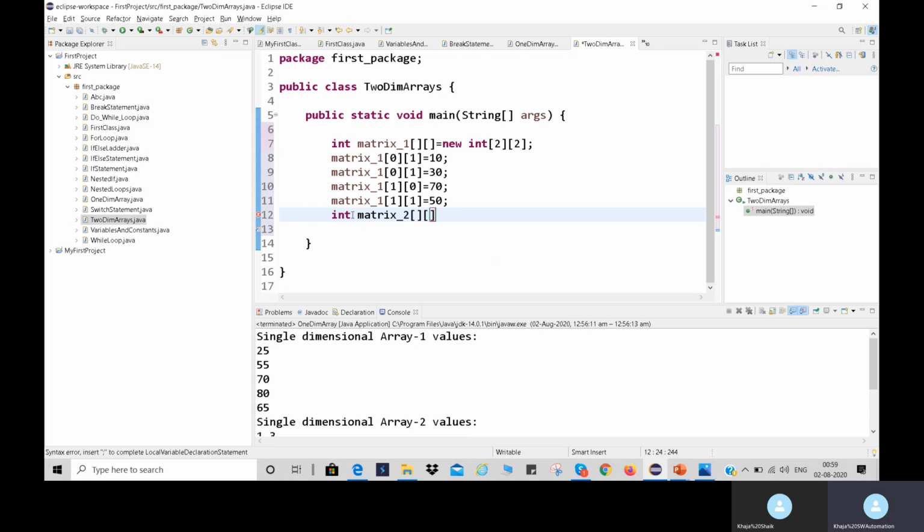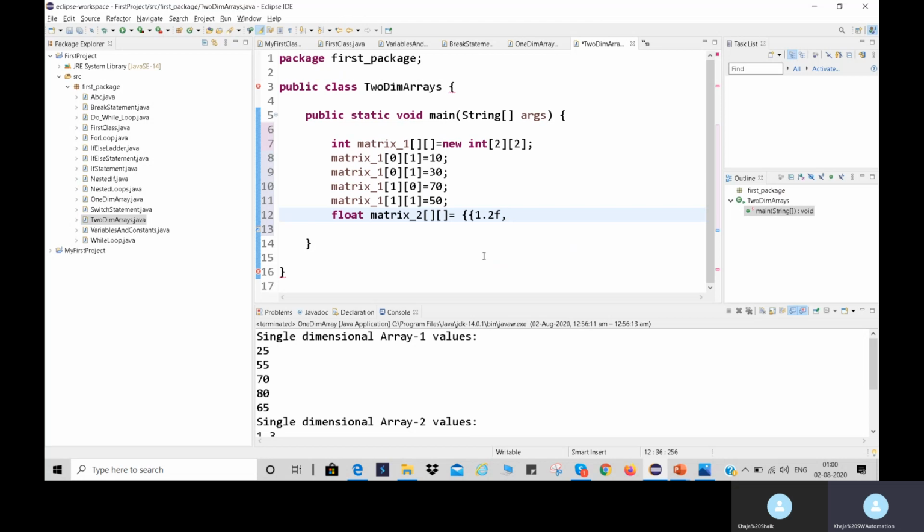So let me create a float matrix here. Float matrix is equal to, I'm storing some values like this. Here we will store the values row wise. Okay, 1.2f, comma.